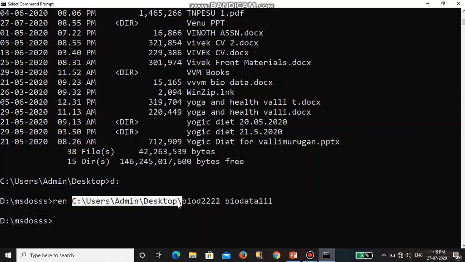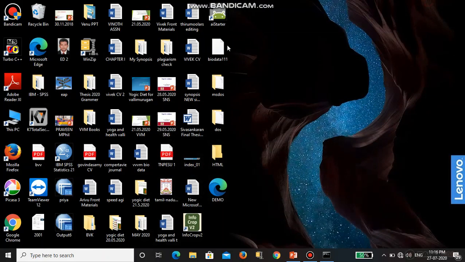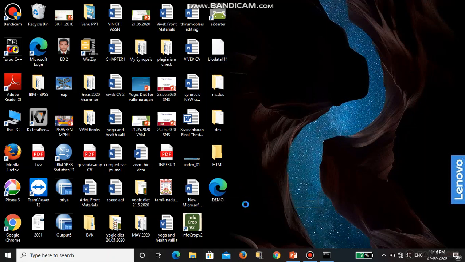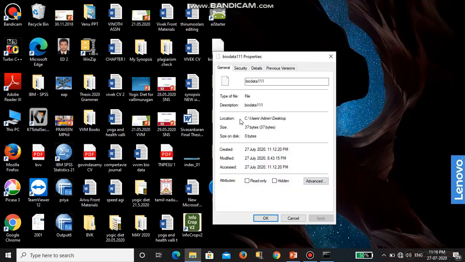If you find it difficult to find the file location, what you do is you just go to the file. In this file you right click, and then you see the properties. In the properties you can see the file location here.